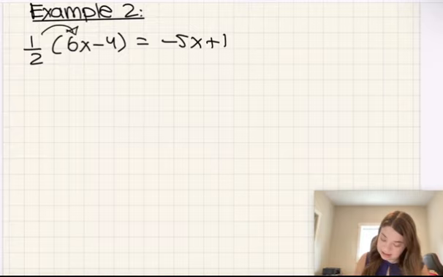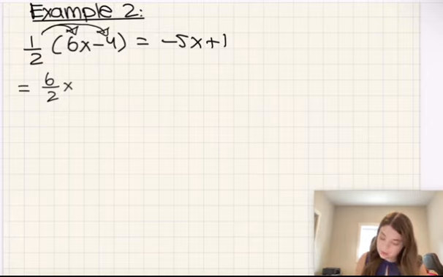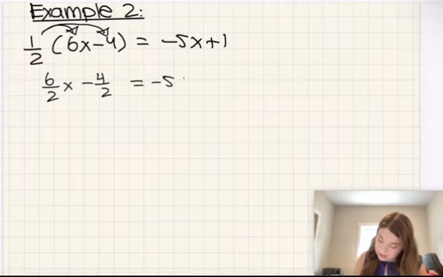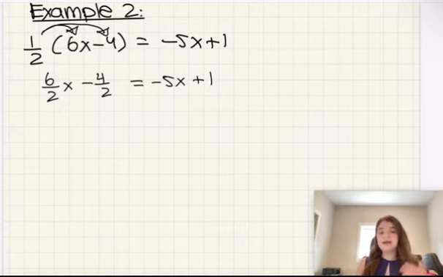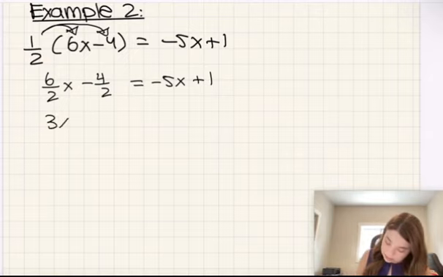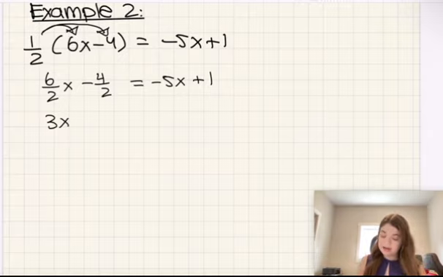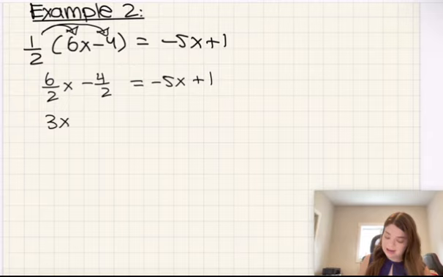1/2 times 6x is equal to 6 over 2x. 1/2 times negative 4 is negative 4 over 2. And that is equal to negative 5x plus 1. I'm just copying here. Now I'm going to simplify some of the things on my left. I noticed that 6 over 2 is the same as 3, so 3x. And then negative 4 over 2, well, that's the same as just negative 2,